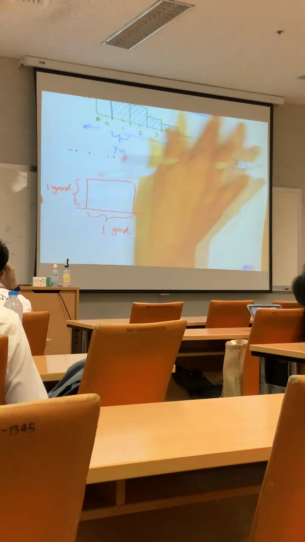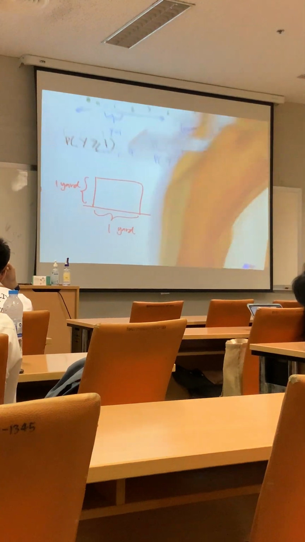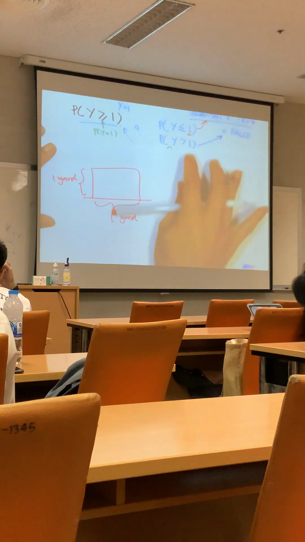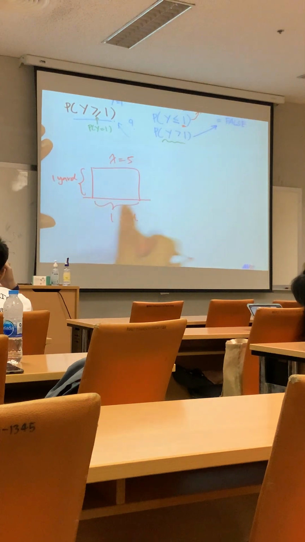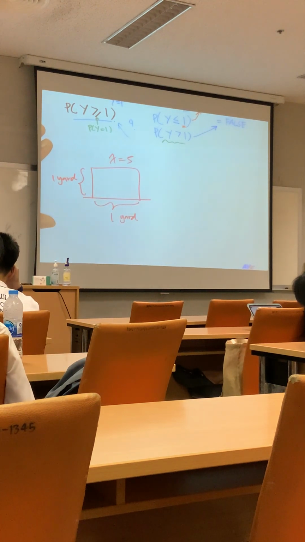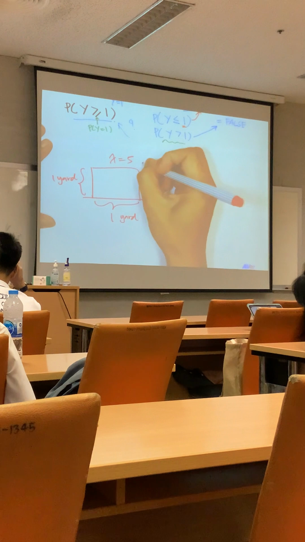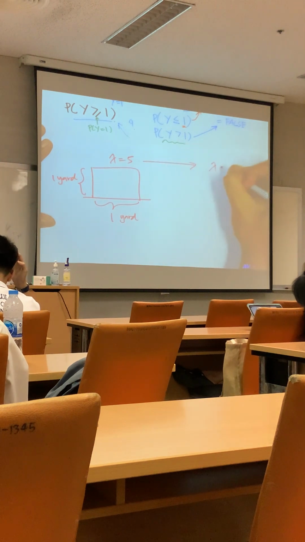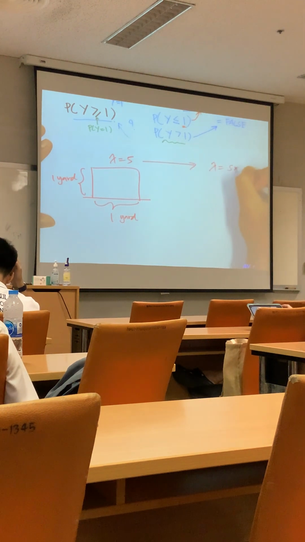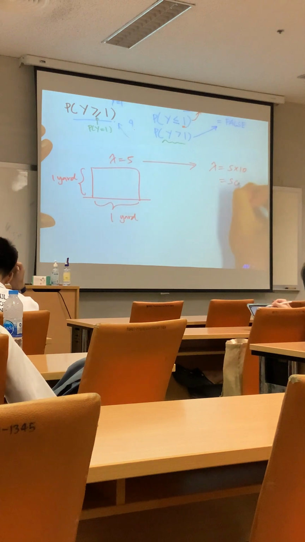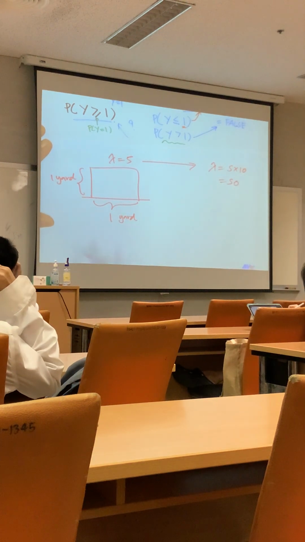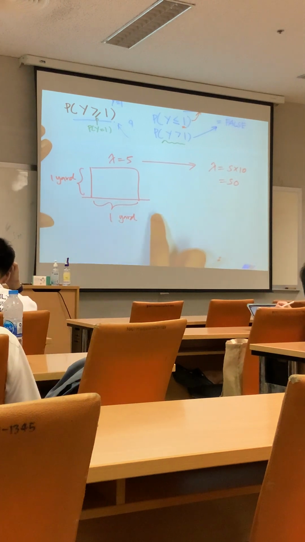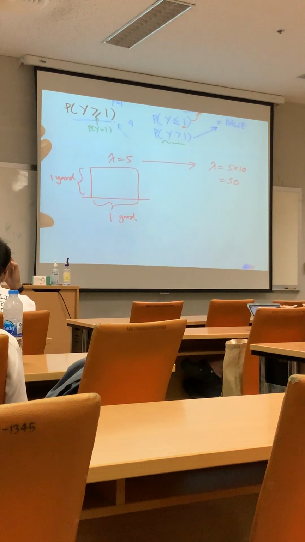They want to trick you in the sense that, if we think lambda is 5 for 1 square yard, now we have 10 square yards. So the question wants to trick you to increase lambda to 5 times 10, and you have 50. But that is wrong. Why? Because that means that according to the